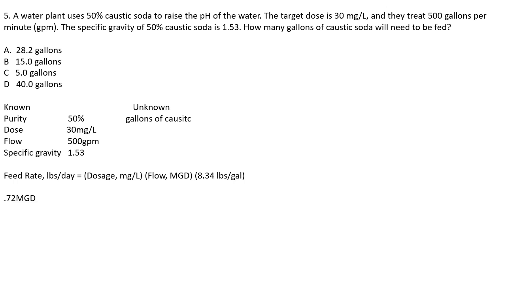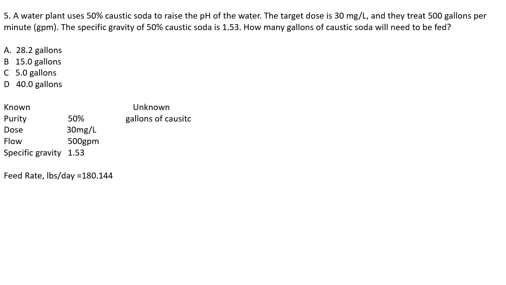And that gives us 0.72 MGD. So now we can plug all of this into our formula. So you have a dosage of 30 milligrams per liter times the flow of 0.72 MGD times 8.34 pounds per gallon. After doing your multiplication, you should have got an answer of